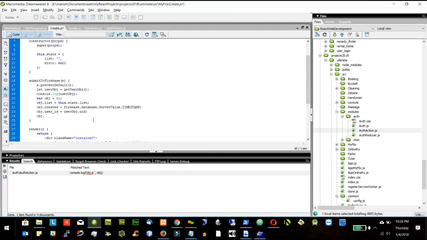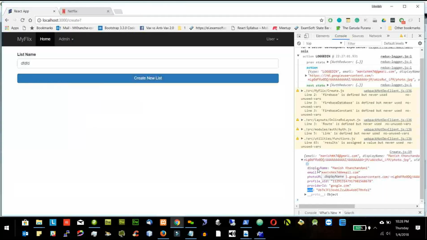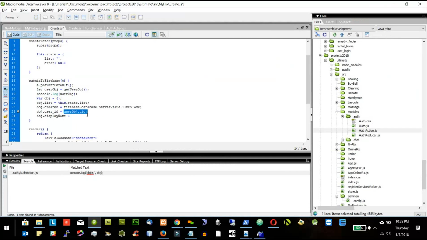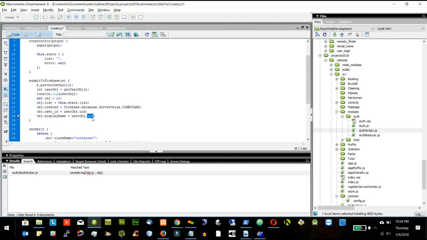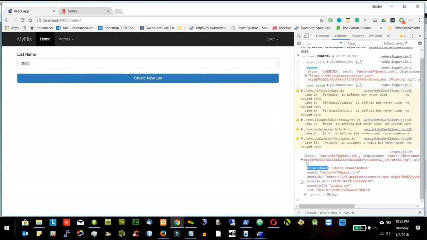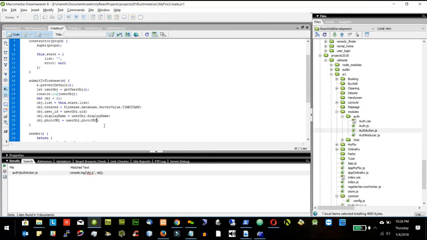Object.displayName is equal to user object.displayName, and one more thing, I'll put the profile picture, photo URL. Okay, so I have this object created. Now I will save it in the Firebase. I need one more thing which I will tell you in a short time. I want object.url is equal to this one. And what is this URL? I will explain it to you in some time,